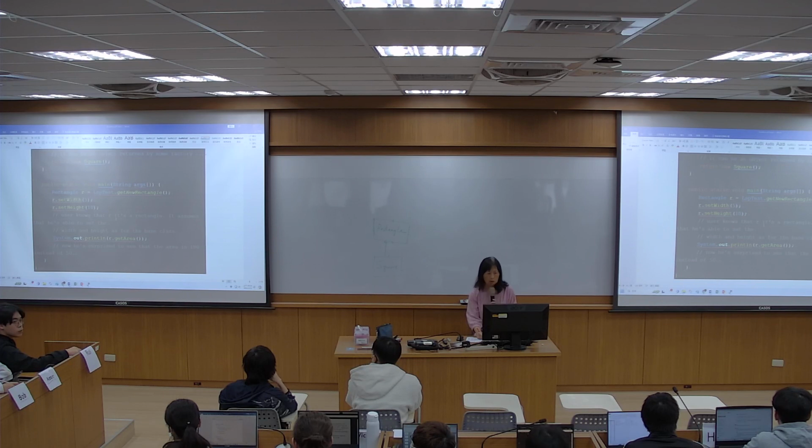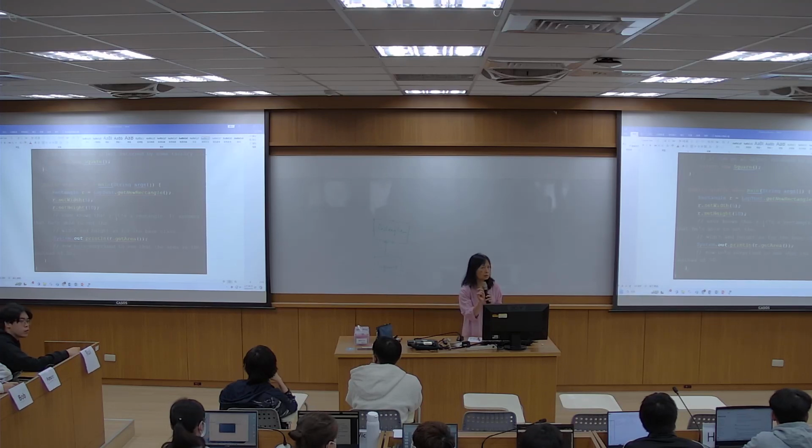We expect 50, but the result is 100. Why 100? Because it's square and rectangle. Say it again. Because we expect the result is 50, but this one's result is 100 because one is square, one is rectangle.